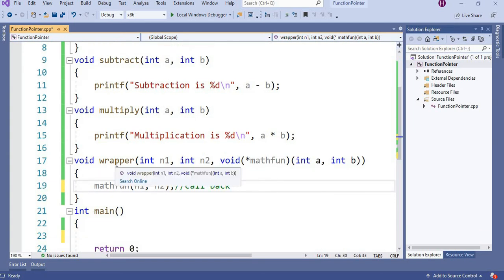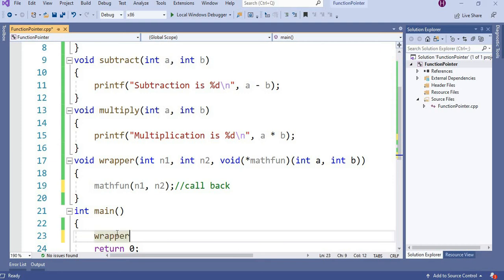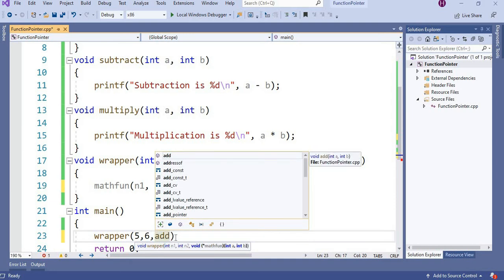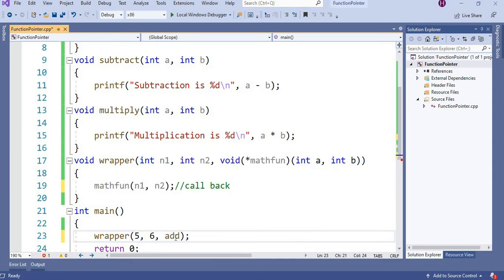If you call this wrapper, I need to pass 5, comma, 6, comma, add, so it will perform the add.